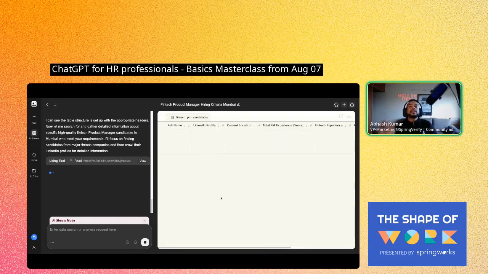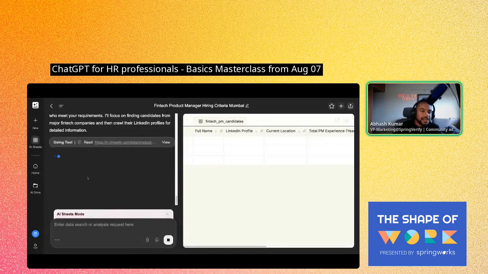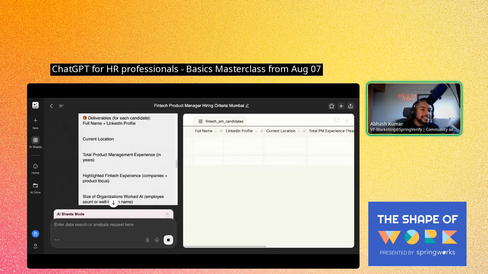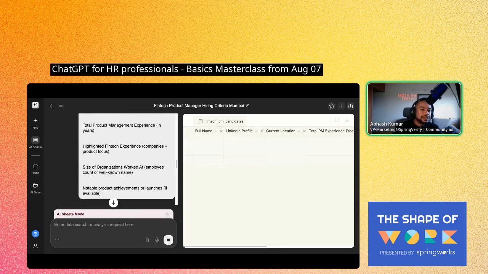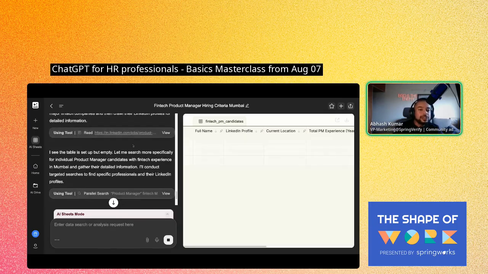Now, what is the agent part in this AI agent, right? It is going through each LinkedIn profile. If you see on your left hand side, let me increase the font size just a bit. On the left hand side, you can see it is reading through this LinkedIn profile on your behalf. It is ensuring that it matches these things: the location, PM experience, high fintech experience, etc. Right? So it's literally going through one LinkedIn profile at a time.